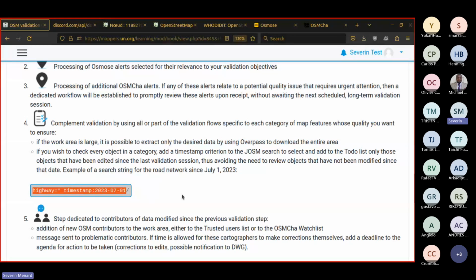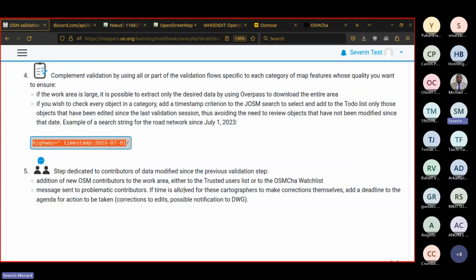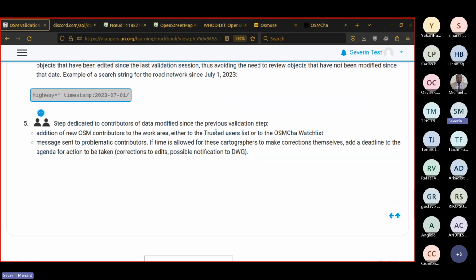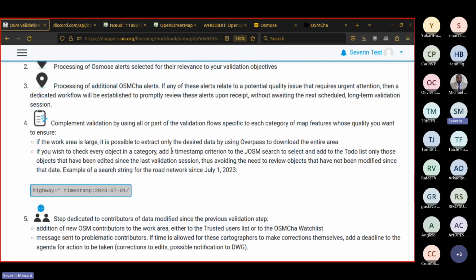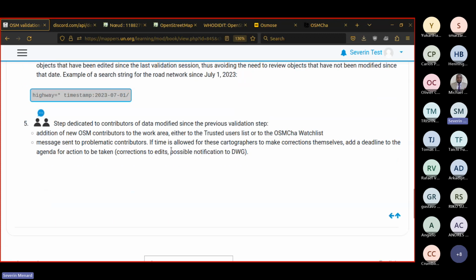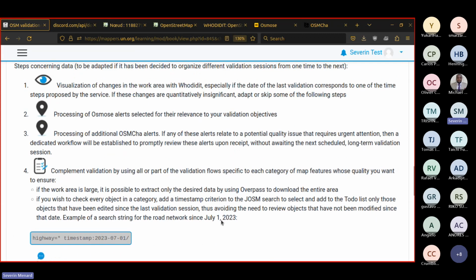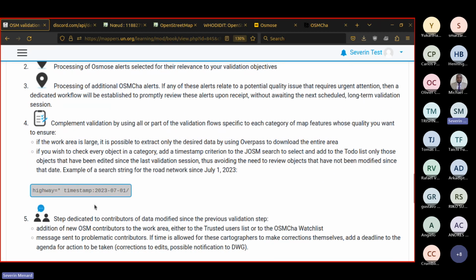So you can use Overpass to actually download what's been changed and try to monitor that. Okay. And basically, the fifth step can also be put anywhere you want. It can be inserted in anything you see.